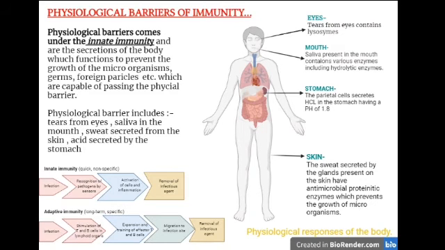First of all, innate immunity is a non-specific type of defense that is present at the time of birth. Our topic, which is physiological barrier of immunity, comes under the category of innate immunity. Secondly, acquired immunity is a pathogen-specific immunity. It is characterized by memory. Now, coming towards our topic, innate immunity has four types of barrier mechanism to prevent the entry of foreign agents